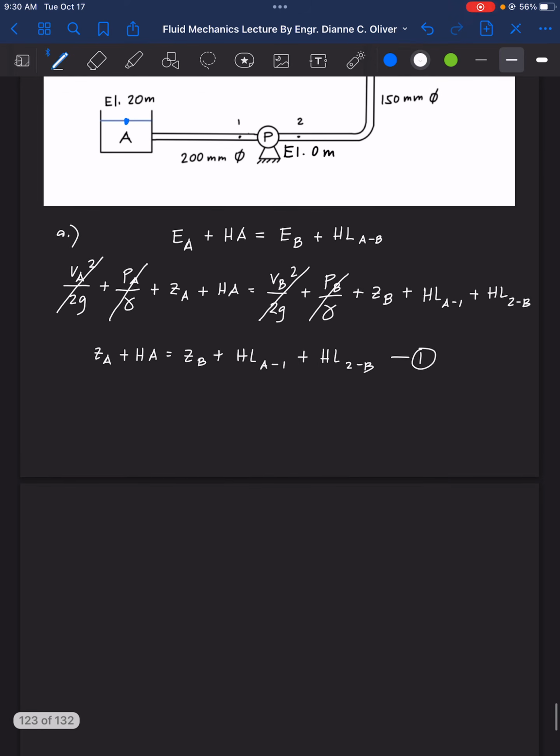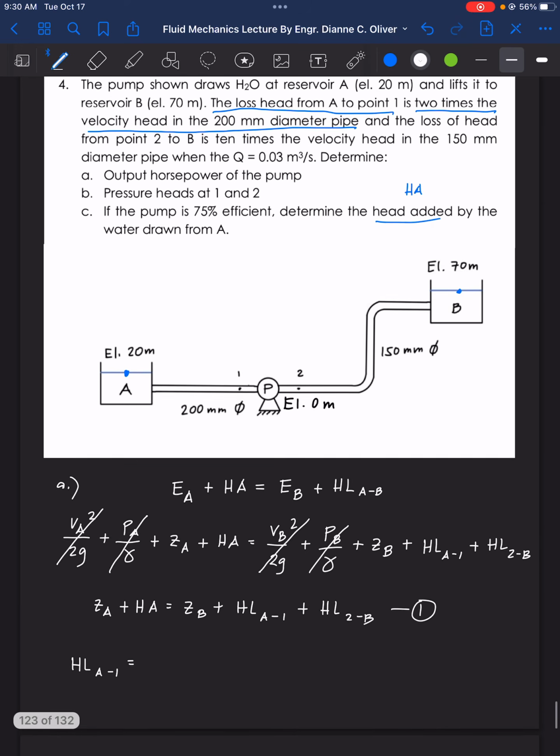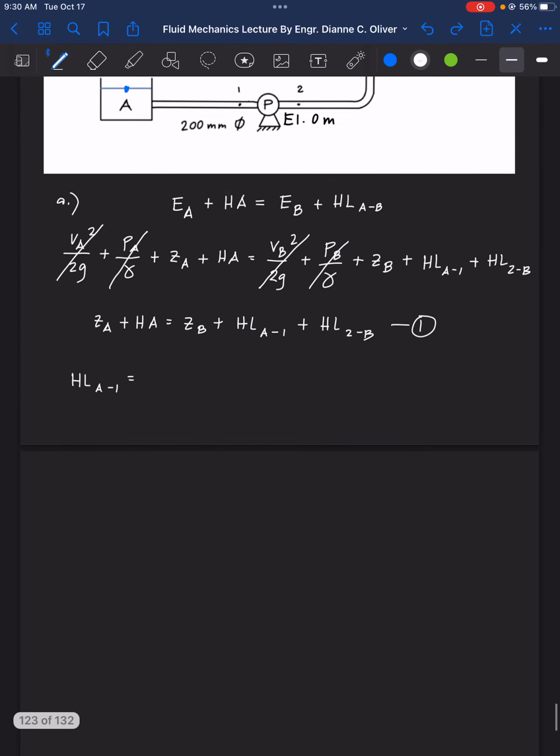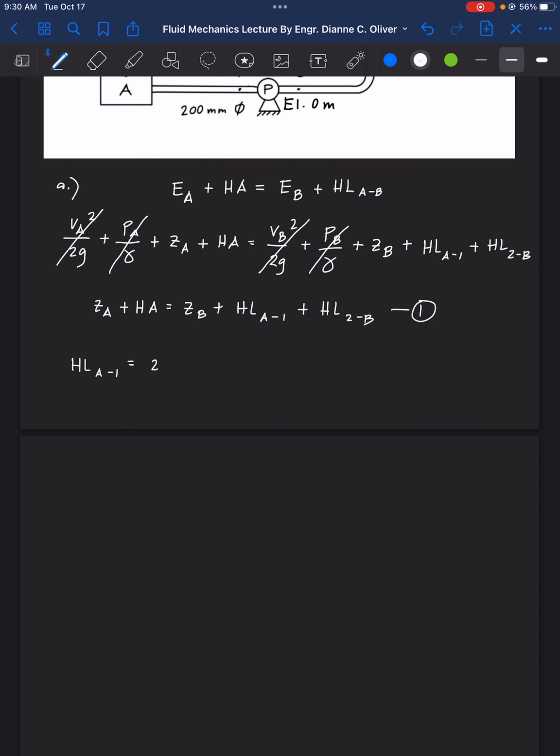The head loss from A to 1 is equal to 2 times the velocity head in the 200 mm diameter pipe. So 2 times the velocity head of V1,